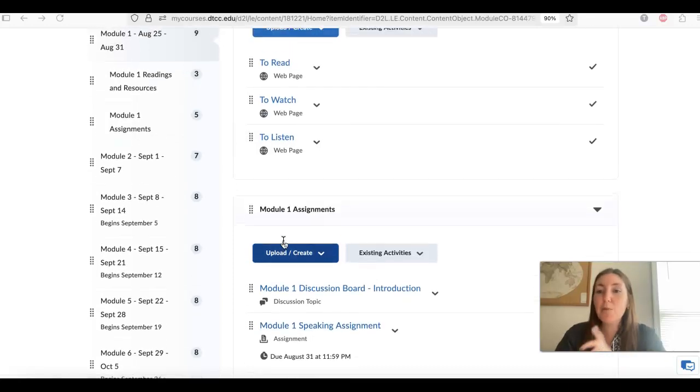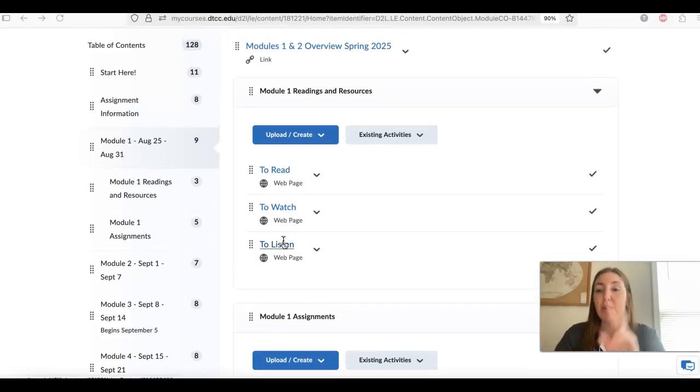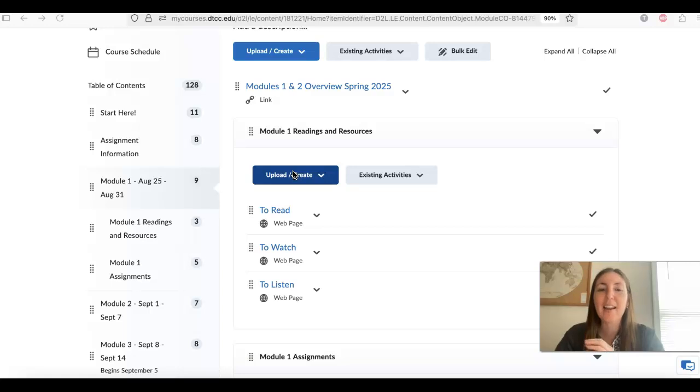So modules 1 and 2 are a little bit different because I know everyone is still getting the textbook, possibly registering for the class. So the readings and resources are actually going to be the same for modules 1 and 2. So don't panic if you open the readings, you're like, I don't have the book yet. All of the assignments that are due for module 1, you don't need the book. But I mean, get it as soon as you can because module 2, there's going to be a lot of stuff due. But, just in case you're like panicking.